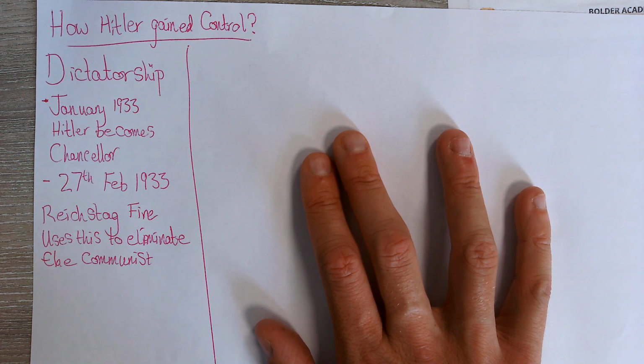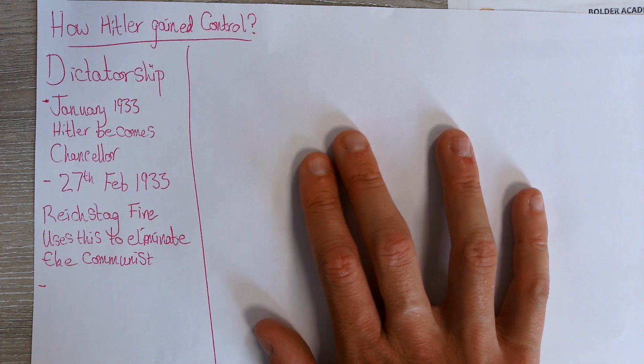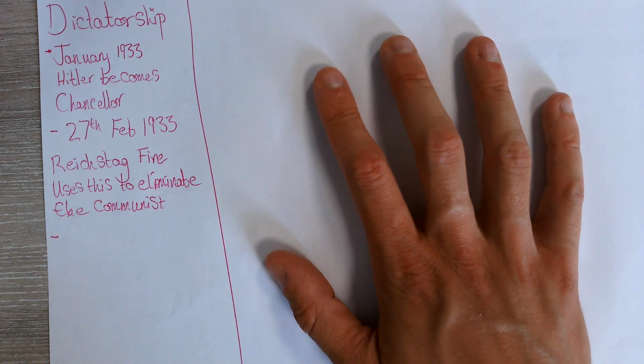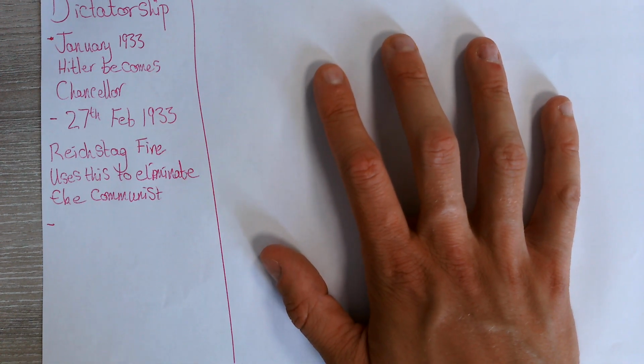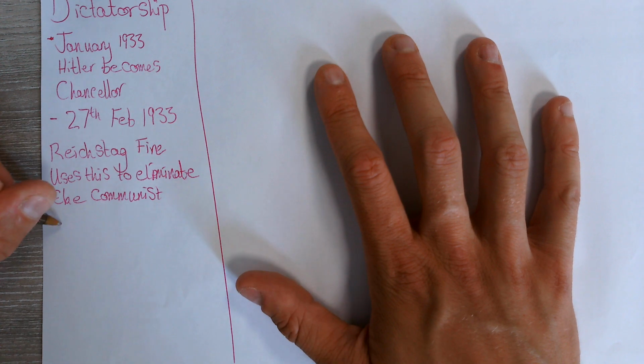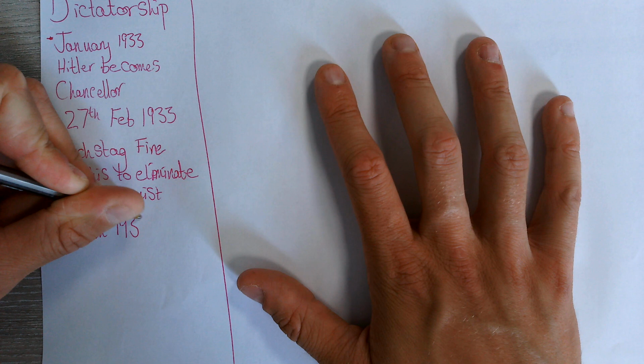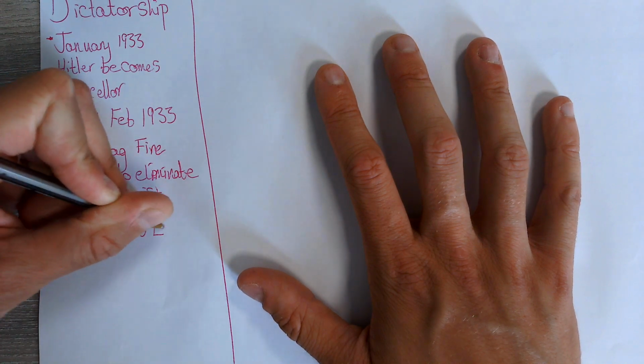They're banned. Crucially, what Hitler also manages to convince Hindenburg to do after the Reichstag fire in 1933 is give him emergency powers to pass any laws that he wants. And he uses those emergency powers combined with the muscle of the SA, the brown shirts, to get a law passed in March 1933 called the Enabling Act.